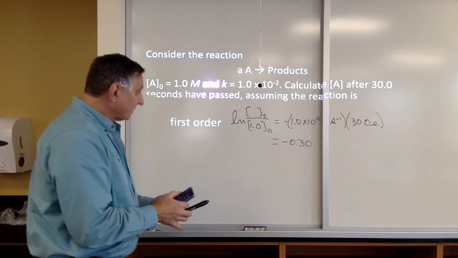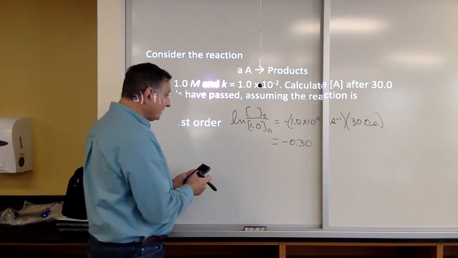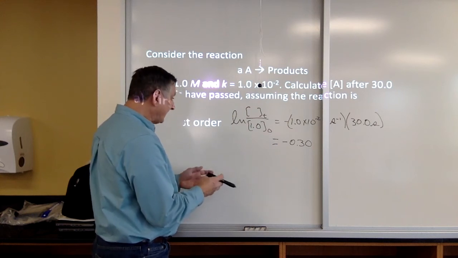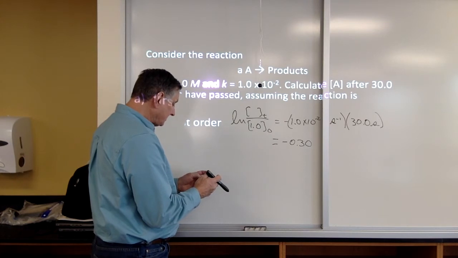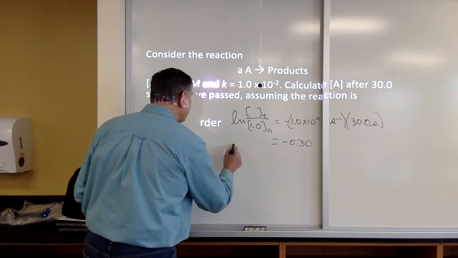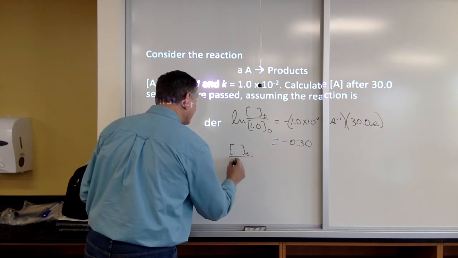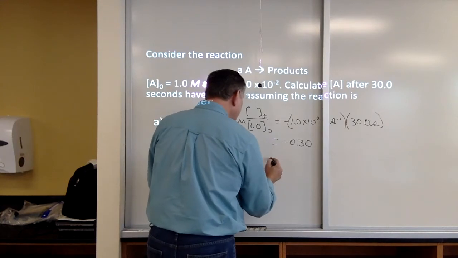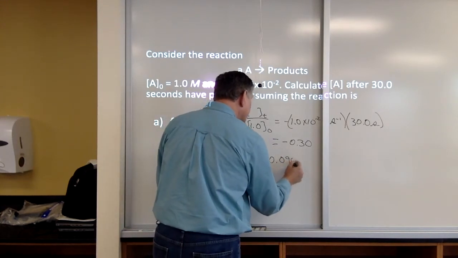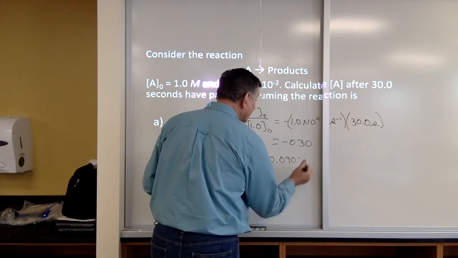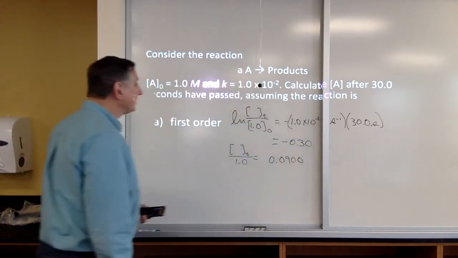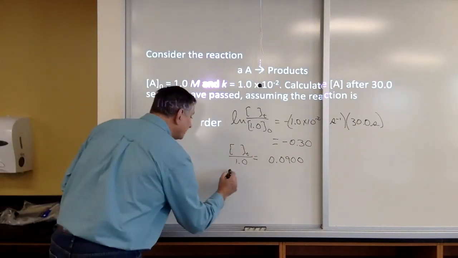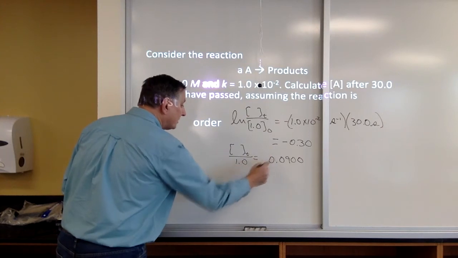It's my calculator here. So we have 0.3, and that becomes 0.09. e to the x, e to the minus 0.30, 0.09. Just gonna add it in there for fun. Okay, so the concentration, if we're starting with 1.0 molar,